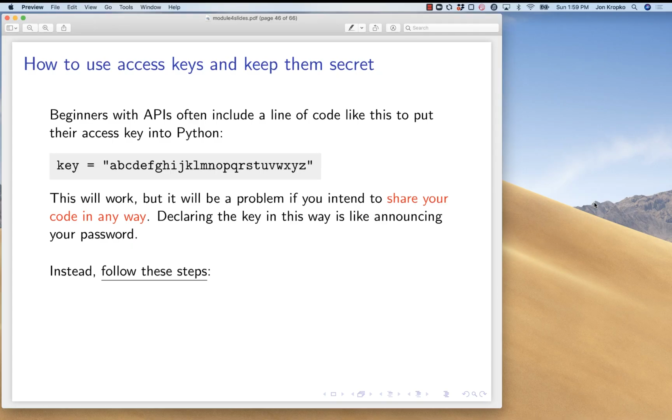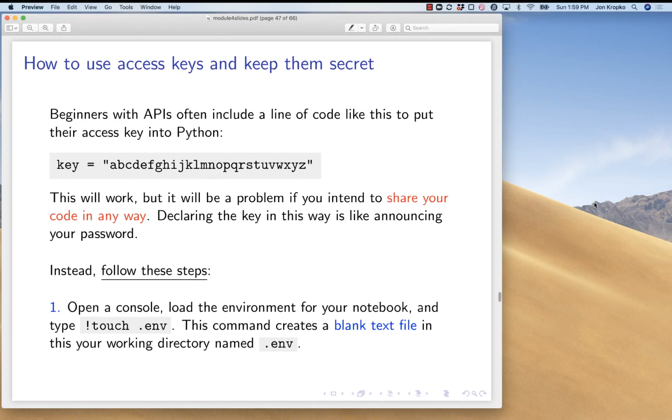Instead of that, follow these steps. So first, open a console. Now remember, there are a few different ways you can open a console in Jupyter Labs. One way is to right-click your notebook and then select Open a Console from this notebook, okay? No matter how you open a console, open the console, okay? Load the environment for that notebook so that you have the working directory set. And then type